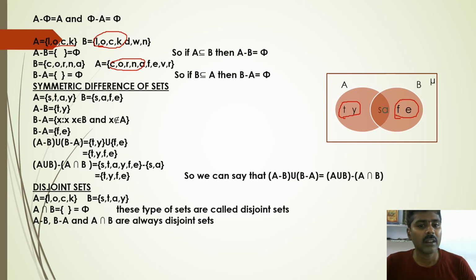If you observe these disjoint sets, already what we have discussed: A minus B, B minus A, and A intersection B are always mutually disjoint sets. Already I have mentioned that A minus B never equals B minus A. Similarly, A intersection B, A minus B, and B minus A will always be disjoint as they don't have any common elements. So dear friends, just think of live examples, general examples of these,